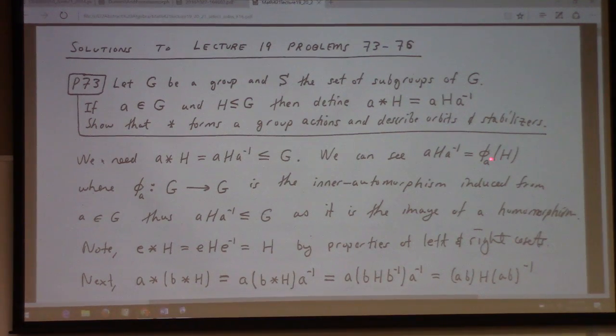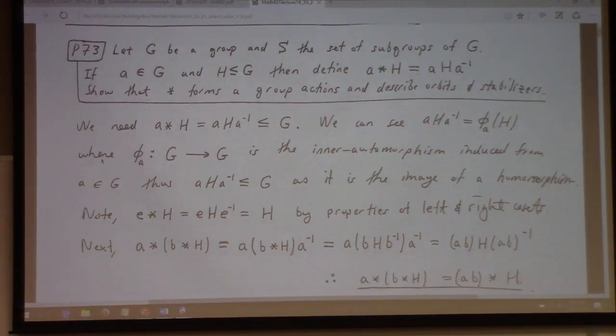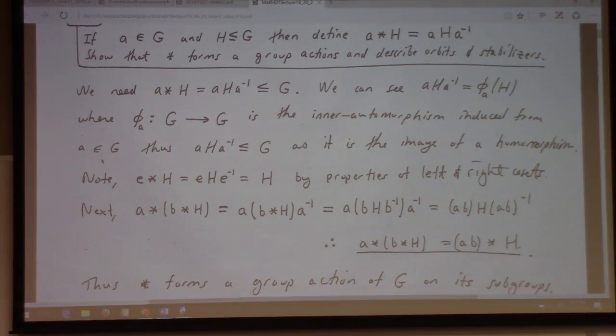So if it's the image under an automorphism, it's the image of a homomorphism, then yeah, it's a group. Or you could do the two-step subgroup test if you want. Anyway, the conjugate of a subgroup is again a subgroup. So yeah, this action actually does map into subgroups again. It takes a subgroup to a subgroup, and then you got the identity axiom and the associativity axiom basically to check. So that's obvious. In this one, A star B star H is A inverse, B star H, which is